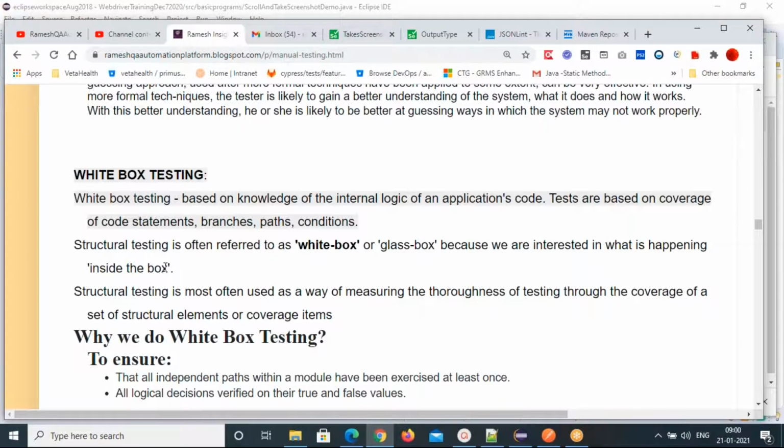Structural or white box testing is mostly used to measure the thoroughness of testing through coverage of structural elements, conditions, code, and decisions.